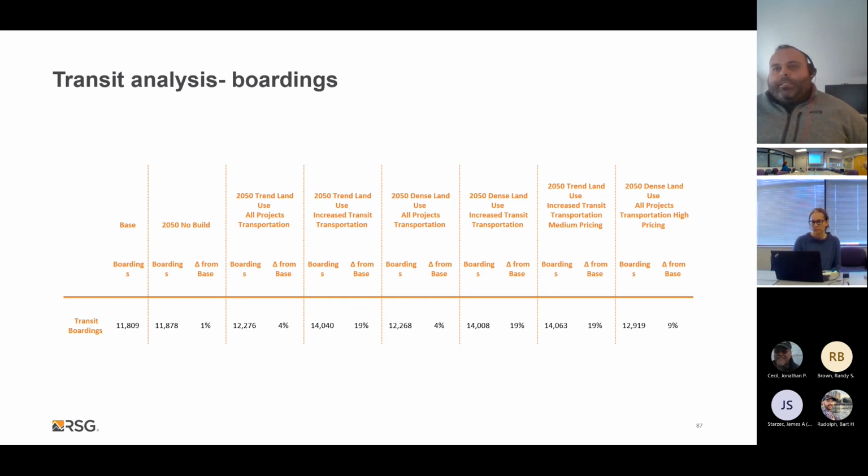In the last iteration of the travel demand model, we actually did route level calibration, but because the onboard survey that was used to estimate the model is different from the routes that are in the travel demand model now, we only calibrated to system level boardings. So with a new onboard survey, that would allow us to do more calibration at the route level, and that would allow us to further break out impacts by route instead of just system level boardings.